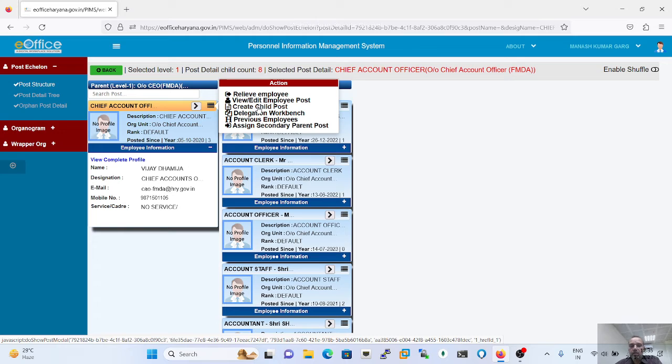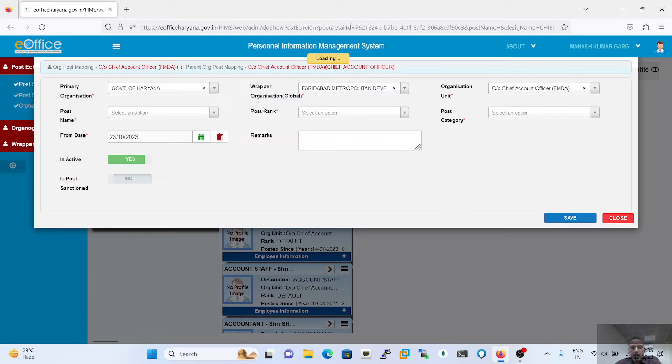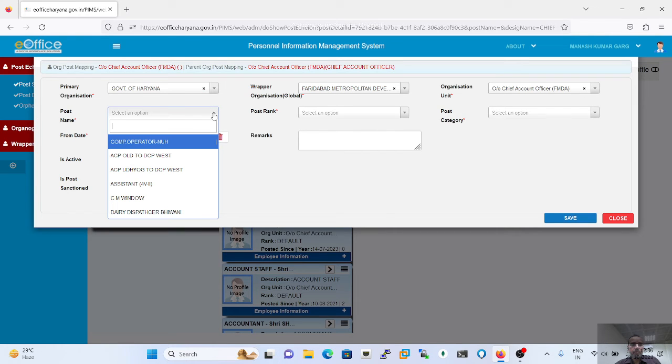We just need to focus on how to create an employee. Click on the child post. After that, options will appear with respect to the designation, the creation of the post. These are the options from the post name, the post which we are going to select. Just simply click on the